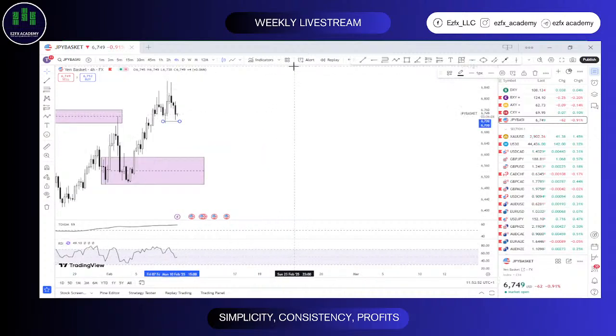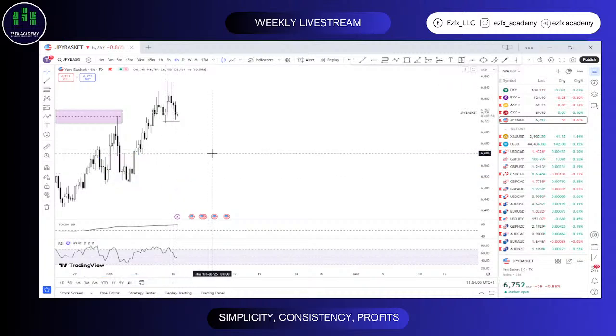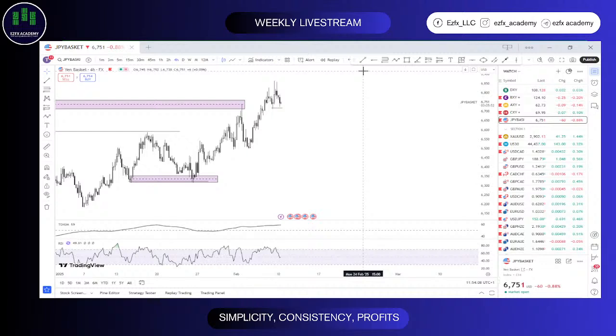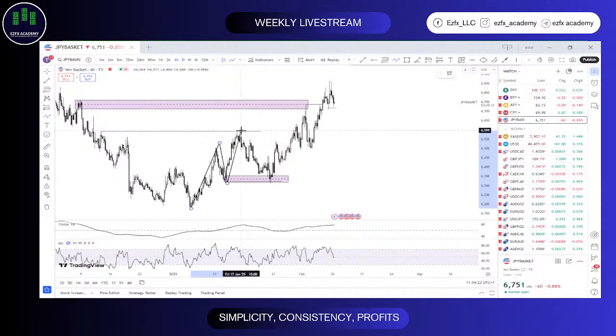We have so many interesting points I would love to pick out here. Looking at this, I can easily mark out like 4 or 5 POIs already. But I'll look at the one that we can actually pick out as the origin of the move that broke this previous high here. We're seeing that price was bullish from around here. Low, high, higher low, higher high.